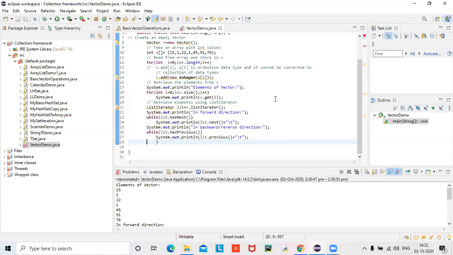We have done all the programs in vector also. Now we will go to the next one, that is maps. Can we go to maps now? Yes, sir. Still half an hour time is there. I will try to complete at least one application in maps. In maps, two examples are there, Hashtable and HashMap. So this is the last class now. After the 15th we are going to meet again.